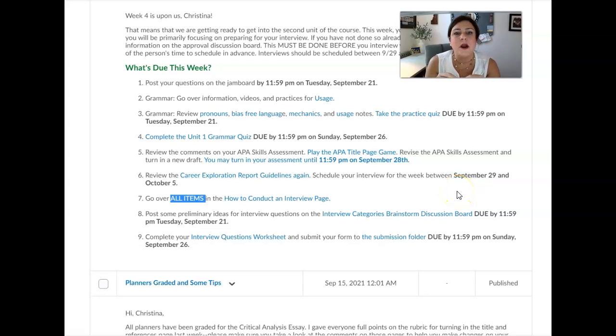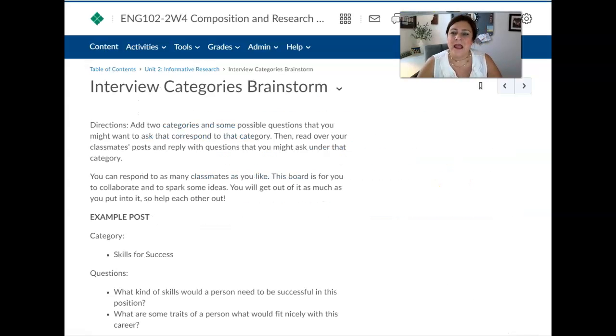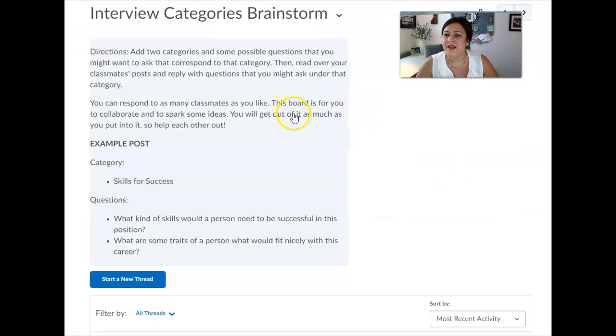I want to see where you're headed with your thought process so that I can give you guys some feedback on categories and open-ended questions, okay? This discussion board, essentially, you can do as many categories as you like. You must have at least 2 categories that you brainstorm and think about for your interview, and a couple of questions that you might put under